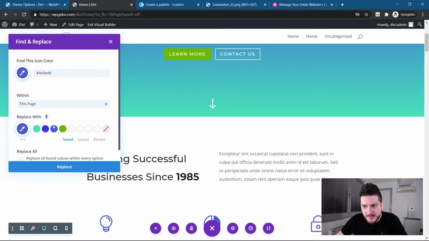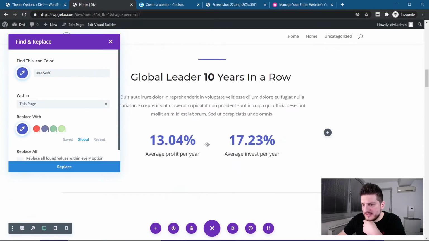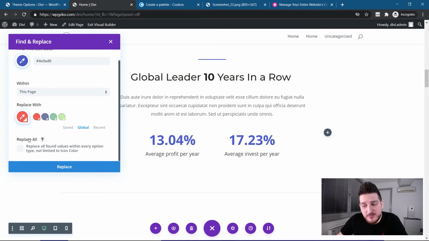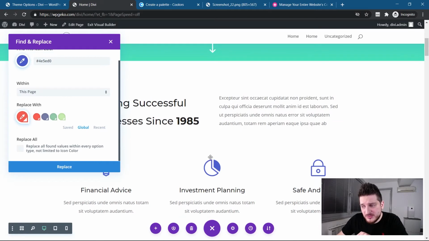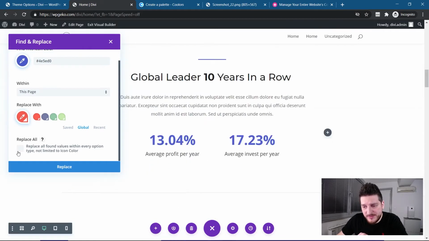And now keep in mind, we will go to global, and what am I going to do? Now this is that color. Not to make it very similar, I'm going to choose red now. And this is important: replace all. Replace all found values within every option type, not limited to icon color. So, as I said, I don't want just the icon color, I want everything, all instances that have this color